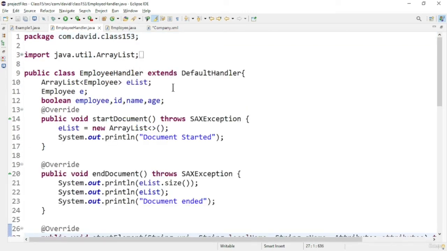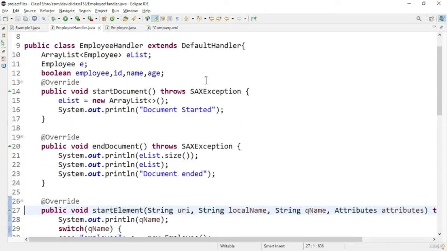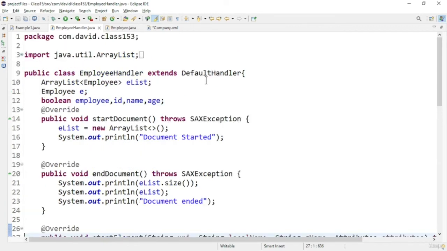So the XML parser is implemented by extending a class called DefaultHandler and creating a handler class. The handler class is responsible for catching all the events triggered based on the document's tags. For example, there is an event at the start of a document and an event at the end of a document. Each character will trigger an event, and each element will trigger events such as start element and end element. So all the events will be handled using this handler class. So let us start this class.